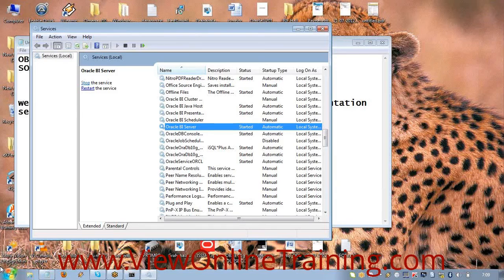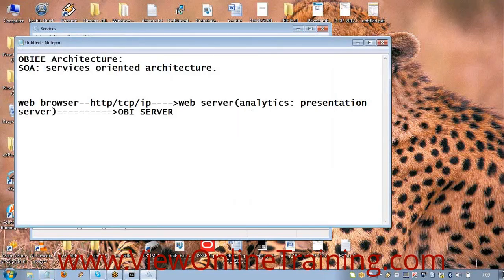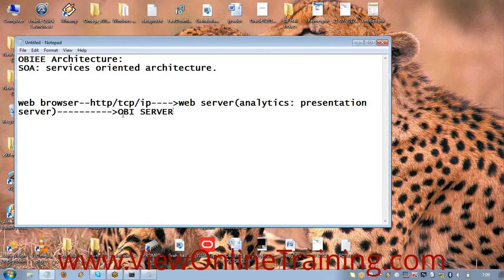Now, your web server has to communicate with the OBI server. So I told you again there should be some communication mechanism. Yes or no? Now, how does it communicate?